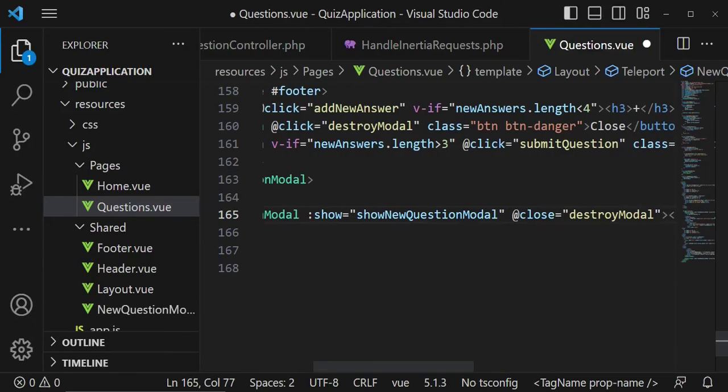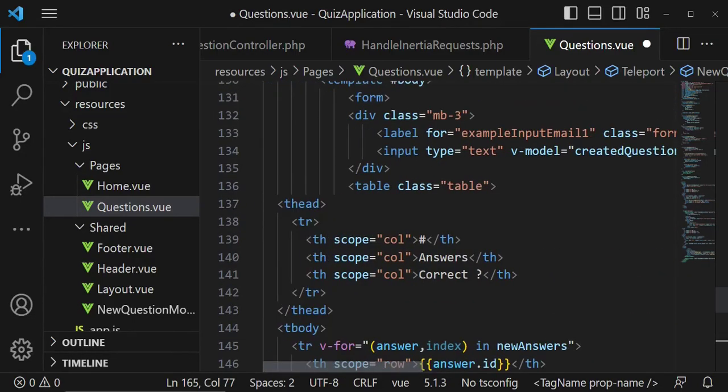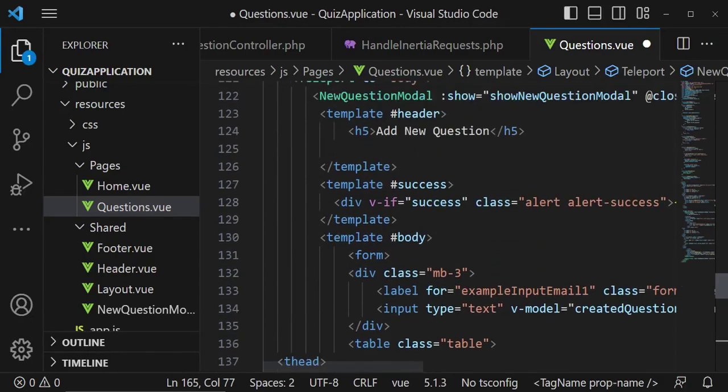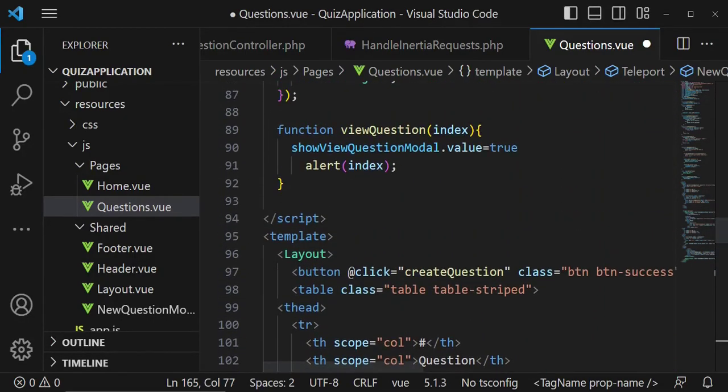The only thing that we need to change is this, such that when somebody clicks on that button, we can be able to use whatever it is that we have created in this method here. There's something that we have just done right now, and that is what I want us to put here. So what we have is actually show view question model or something of that sort. So I'm going to copy this,